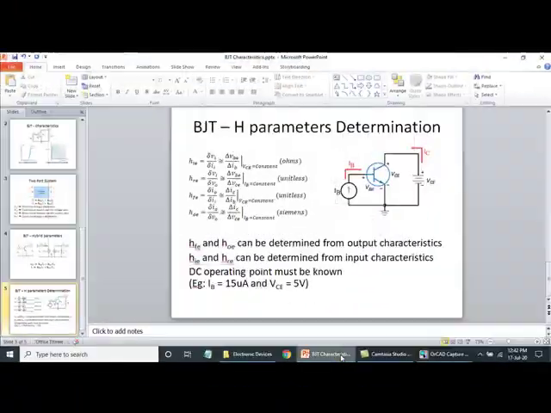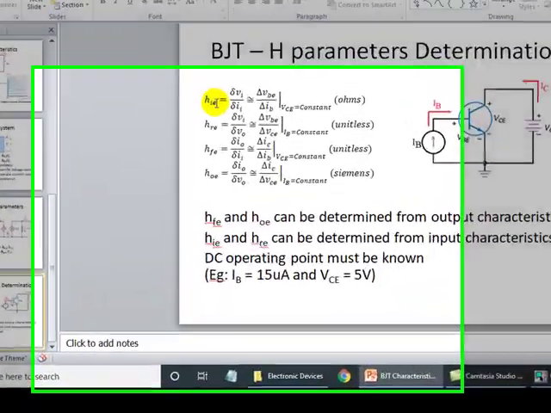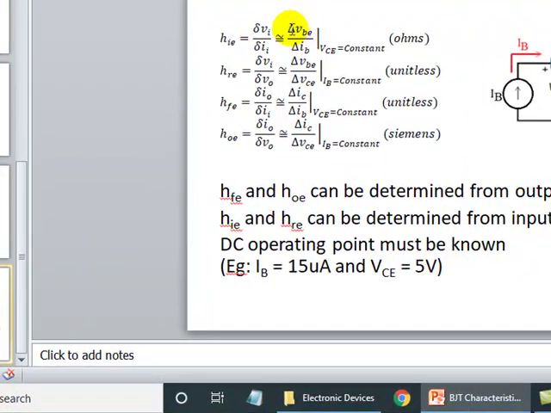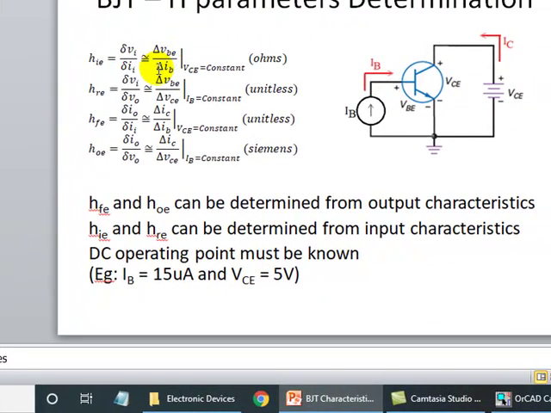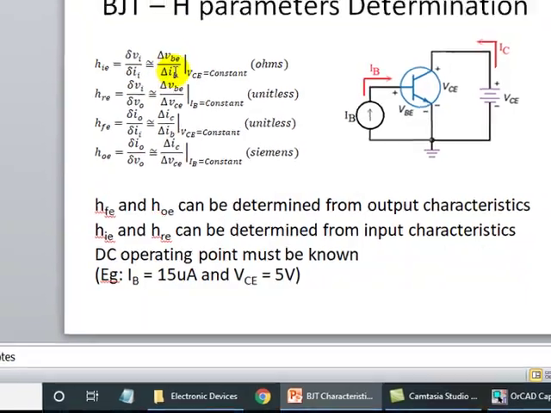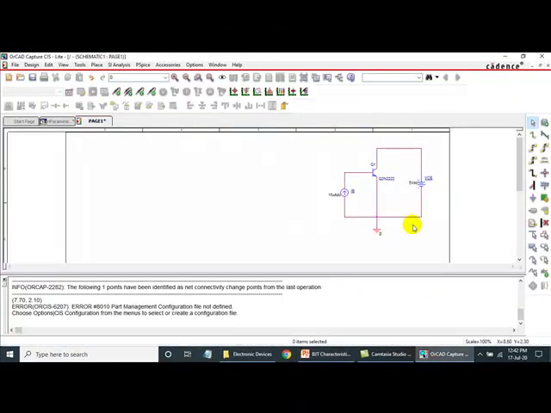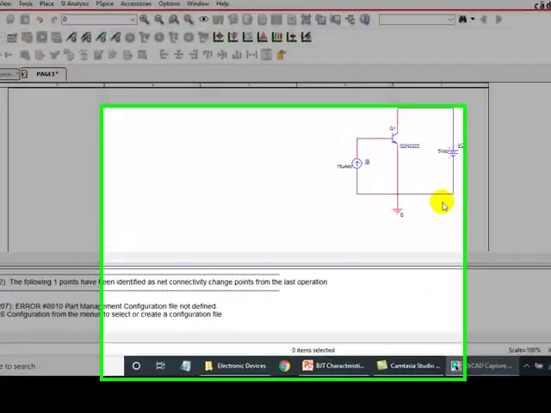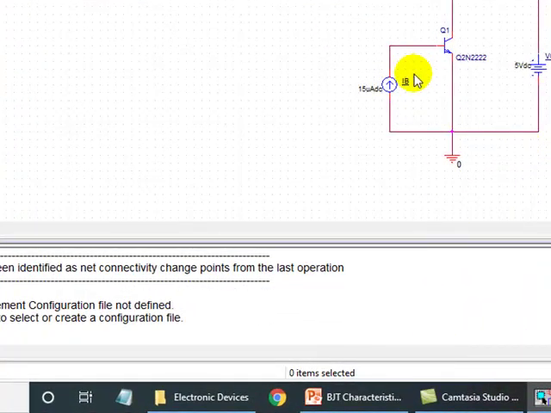Okay, let us first evaluate what is HIE. HIE is nothing but delta VBE divided by delta IB. Change in VBE by change in IB. So we can tell the OrCAD PSpice to automatically vary the input and the outputs and note down what is the ratio, and that variation must be very very small.